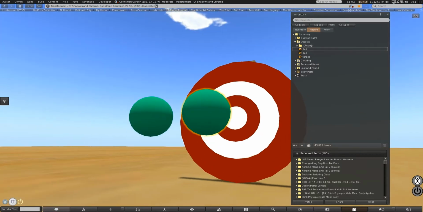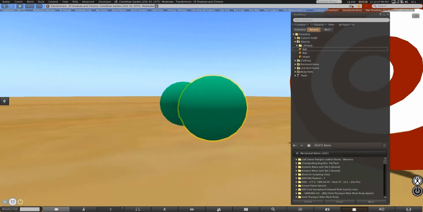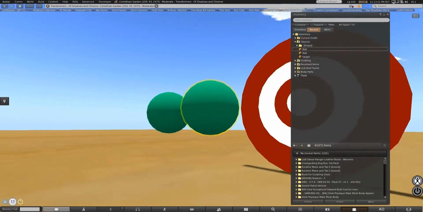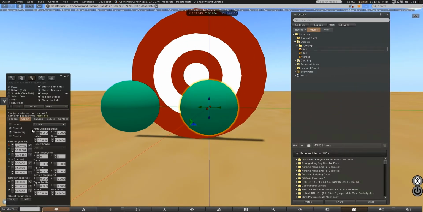Temporary will mean it will delete itself after a time, so that you don't have to worry about cleaning it up and you won't accidentally have a whole bunch of thrown balls lying all over the sim. And physical will allow it to actually move with forces imparted on it during res. So take the temporary physical one,